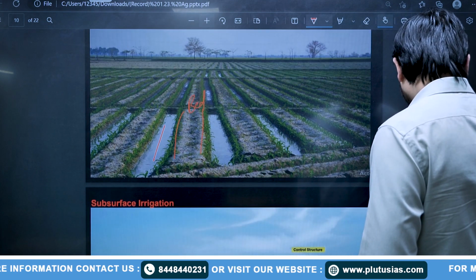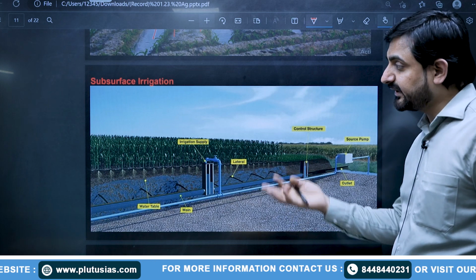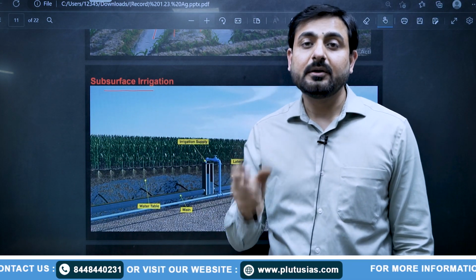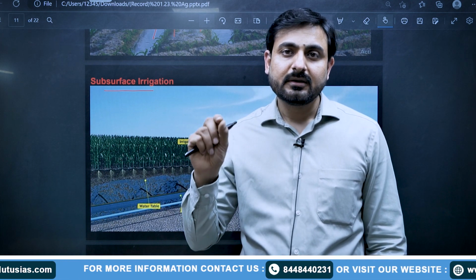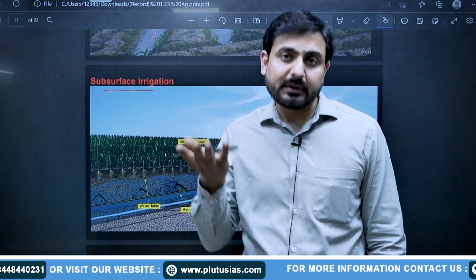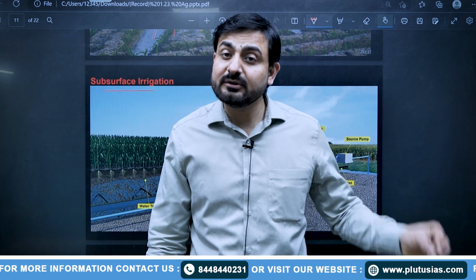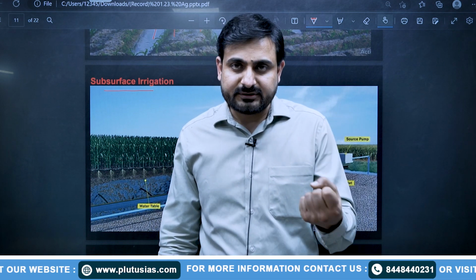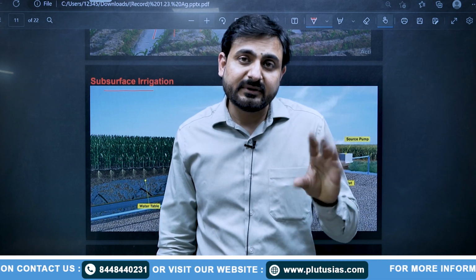Now, moving towards a modified version of it, that is subsurface irrigation. In subsurface irrigation, our focus is to minimize evaporation, you can say, down to zero. How can we minimize evaporation? Water evaporation means a huge amount of water. Most of the water is generally lost because of evaporation, especially in those regions where there is very high temperature,